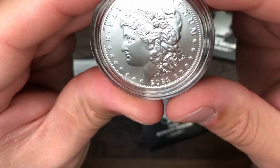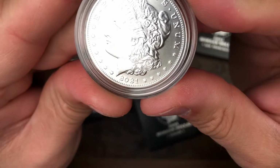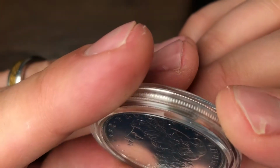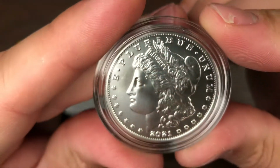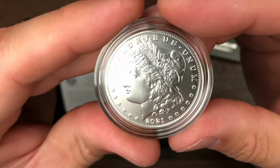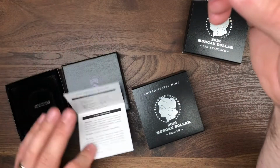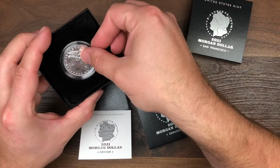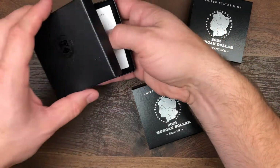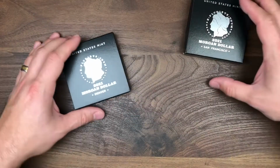I'm kind of bummed about that chatter. Yeah, that is not on the coin case. I could see it from my perspective. That is on the coin itself. So that is going to take it out of MS70 contention when I go to send this in. That is disappointing. Not going to lie, that is disappointing. And you're getting my reaction live, so I can't